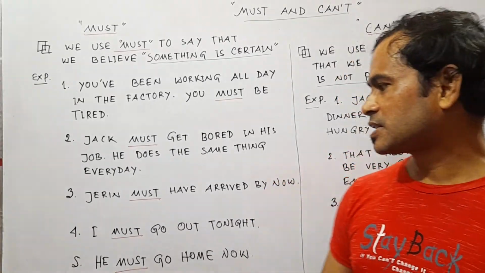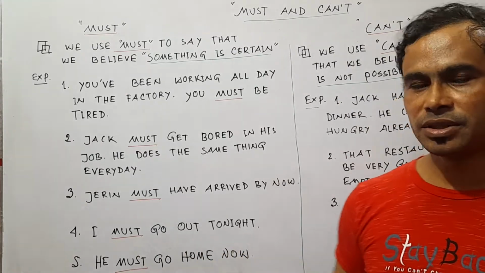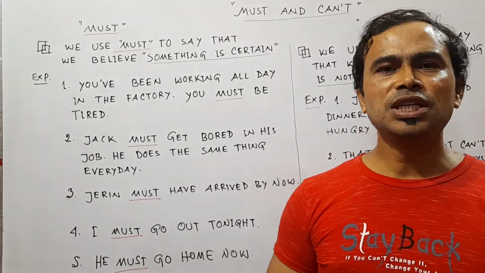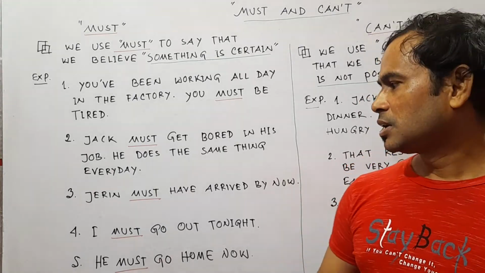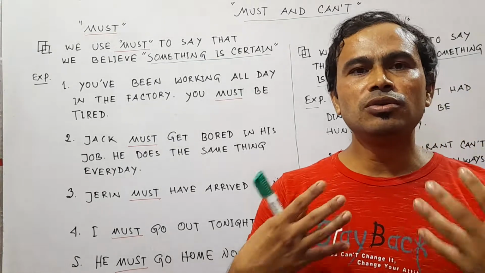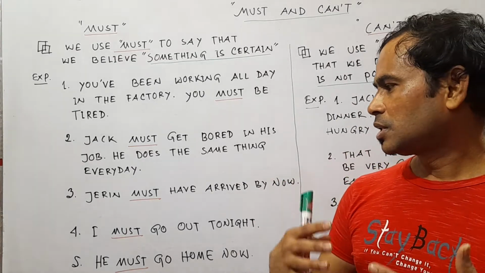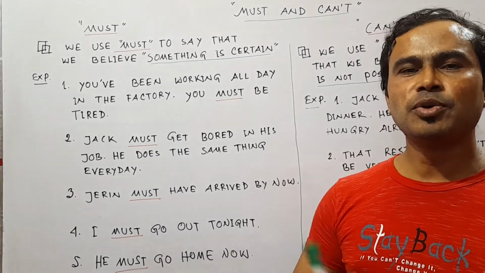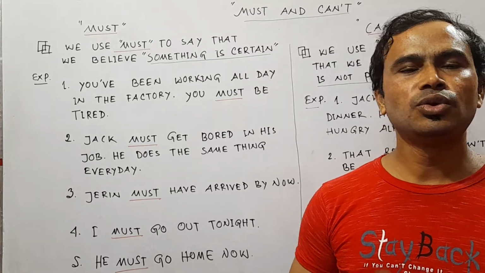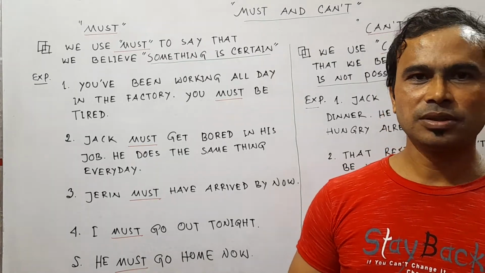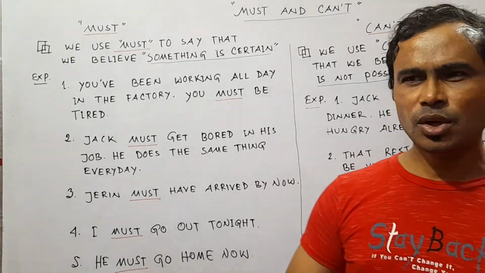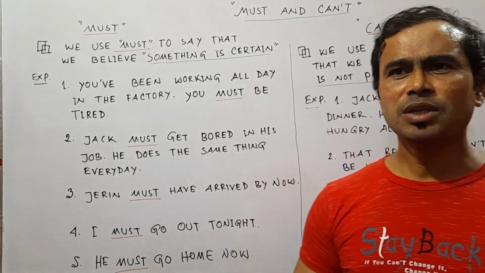So friends, the next example is: I must go out tonight. What does the sentence mean? It means you leave your home in order to do something enjoyable, for example, to go to a party, to go to a bar, or the cinema. The next example is: he must go home now. What does this sentence mean? It means